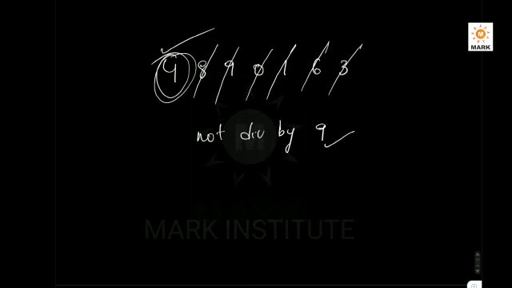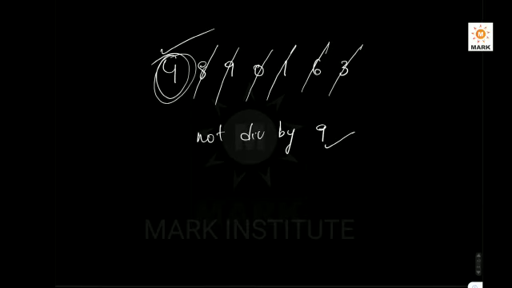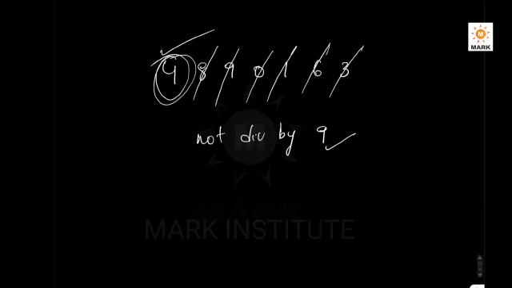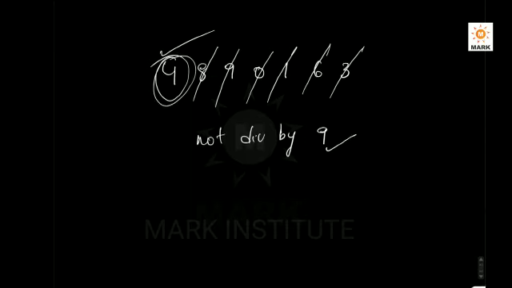So for 3 and 9, the digital sum of the number should be 3 or multiples of 3 for 3, but for 9 it is even easier, the digital sum of the number should be exactly 9. So we also know the cancellation technique. We just add up the numbers and zeros also get cancelled automatically. If there is no number left other than 0 and all the numbers are getting cancelled by the given number, then that number is exactly divisible by 3 or 9. If there is any number left which is not a multiple of that particular number, then we can say this number is not divisible by 3 or 9.